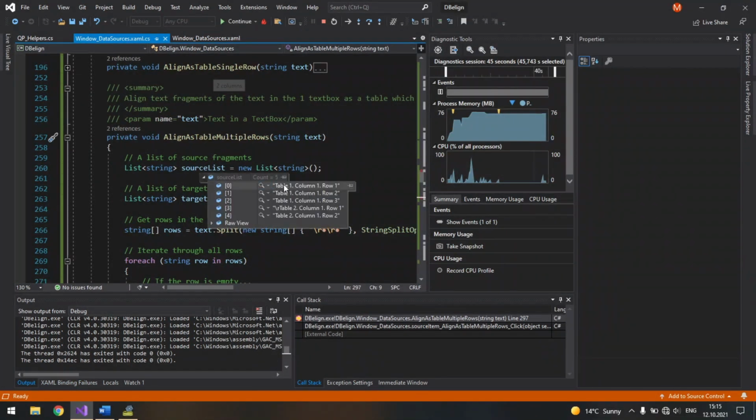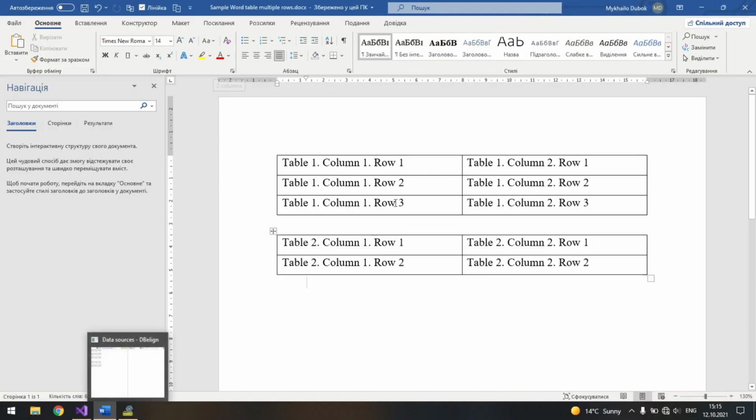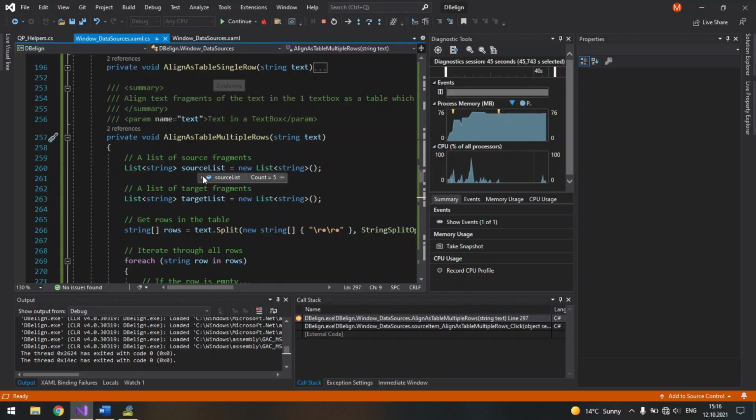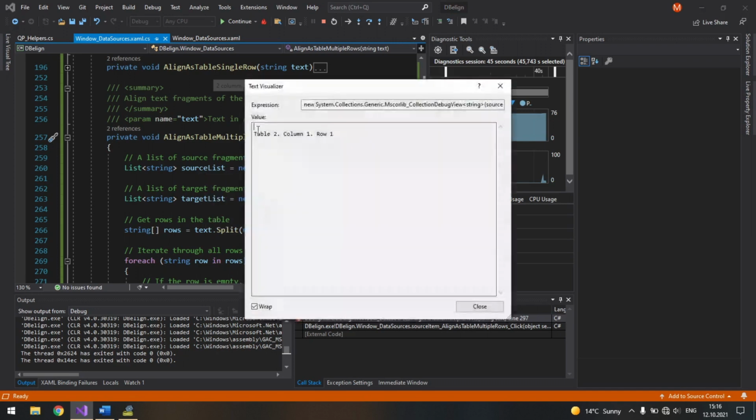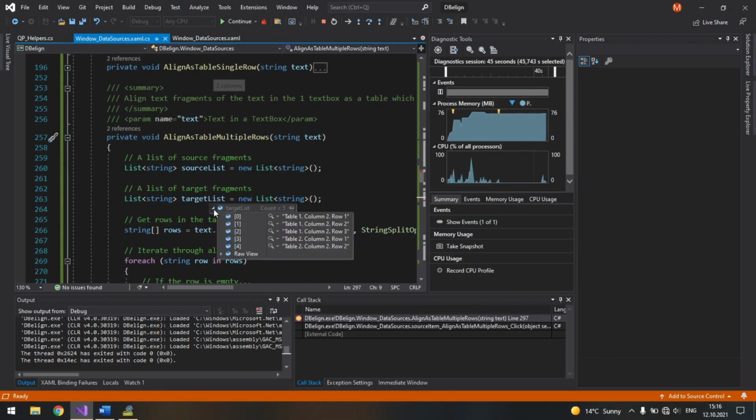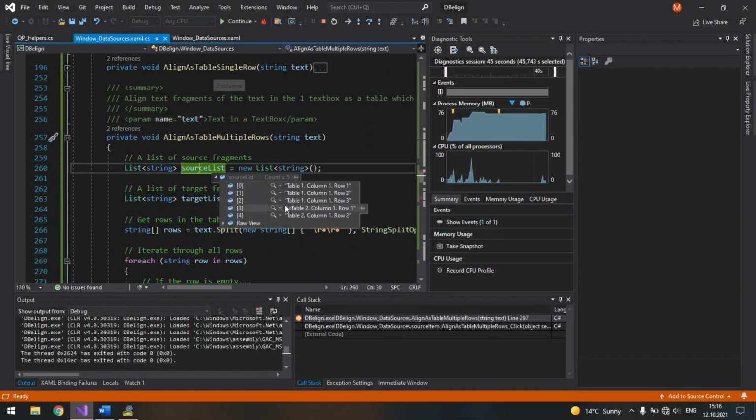Source list table 1 column 1 row 1, table 1 column 1 row 2, table 1 column 1 row 3. If you check it, they are here, and then we have another table. So table 2 column 1 row 1, table 2 column 1 row 2. And you see here the thin for the new line. I can deal with it later, I guess, and surprisingly it's not present in the target list. It's only in the source list.